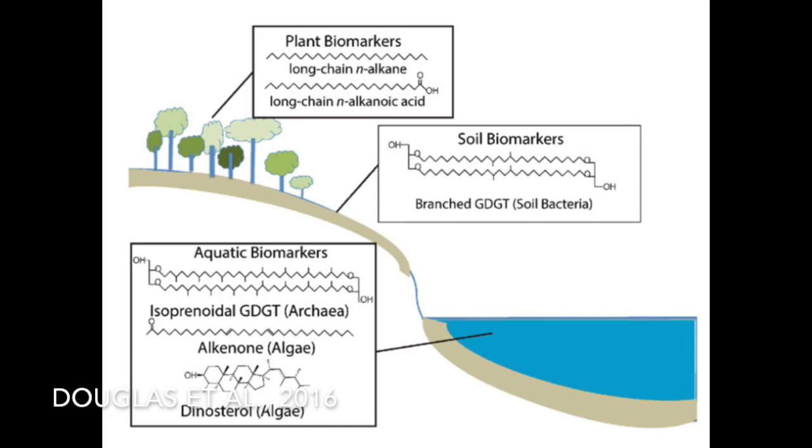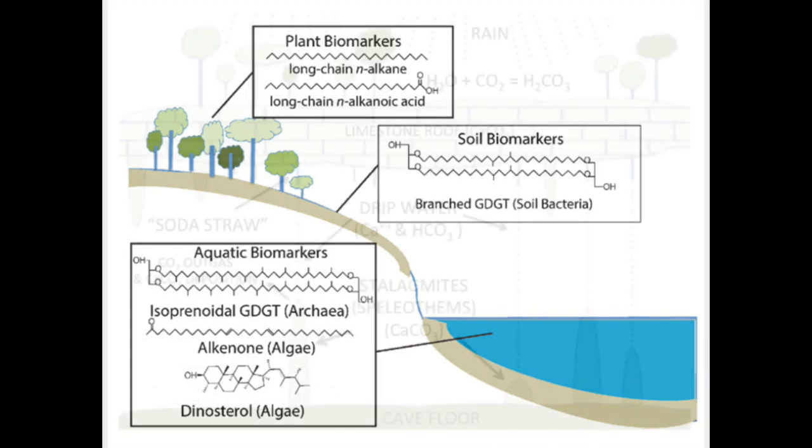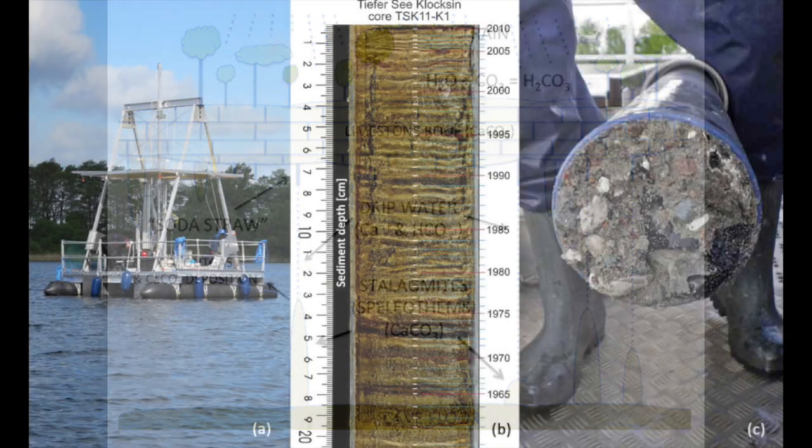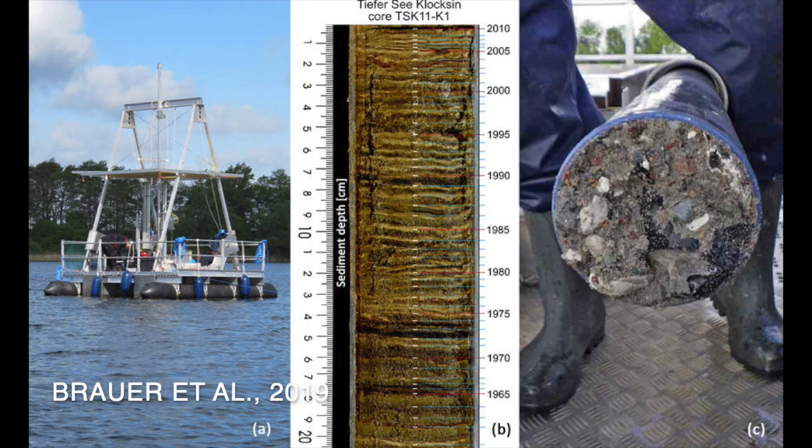But okay, so the starting point is you go out and collect a core, and you bring it back to a lab that has the right facilities. And the key things you want to do are kind of log that core. You want to look at how the bulk sediment is changing through the core and develop a first picture of the stratigraphy and get a sense of, was it a pretty constant environment, or were there a lot of changes in what was coming into the lake?